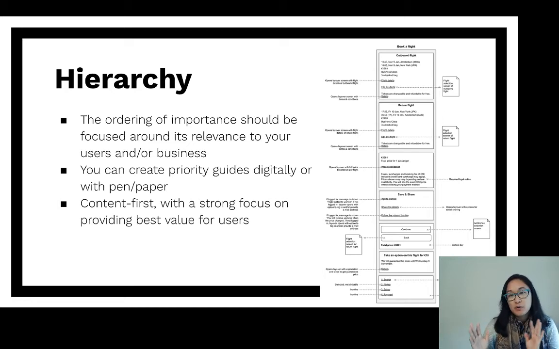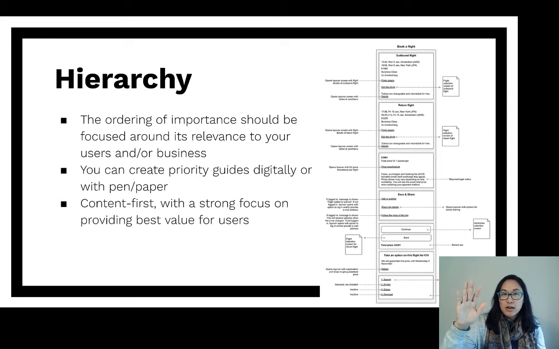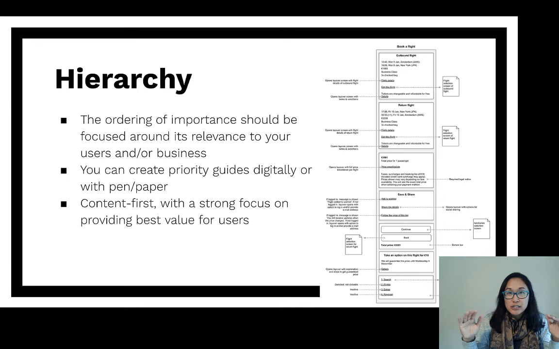I wouldn't expect that you would put this priority guide in front of your customers or your users and ask them, is this the most important thing in terms of usage to this app? This is more of a guide for you as a designer when you're creating responsive design assets. So for instance, if you have content on the top that you've deemed the most important and it's bubbled all the way at the top for the priority guide, then I would expect in the manifestation of your designs that it lives close to the top of your mobile, tablet, and desktop designs. I wouldn't expect the most important content to be buried 3 pages in or to be buried further down on